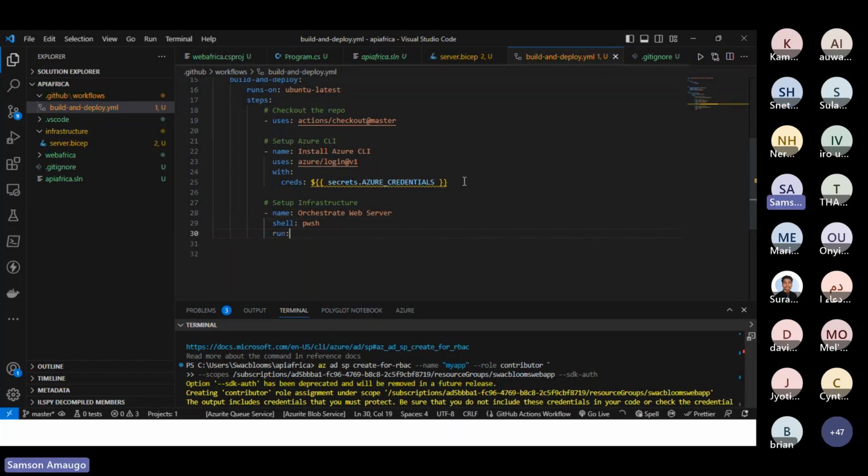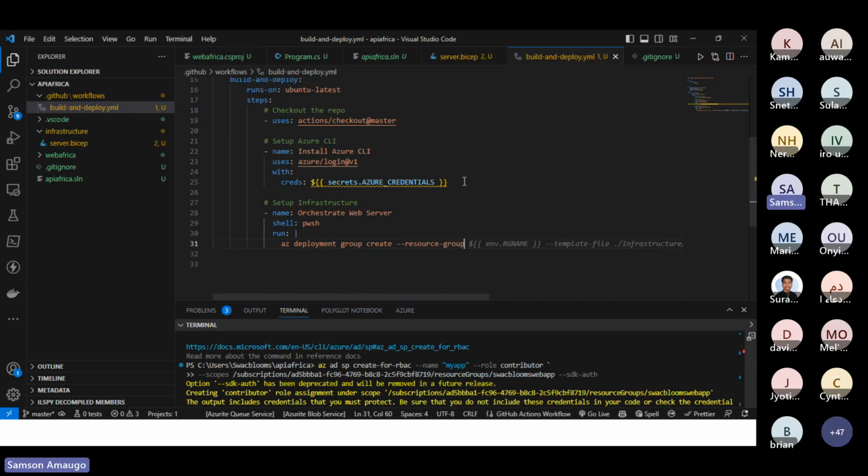So I'll set the run command. Then I'll use the az deployment command to deploy and set up my infrastructure using the Bicep definitions. So I'll say az